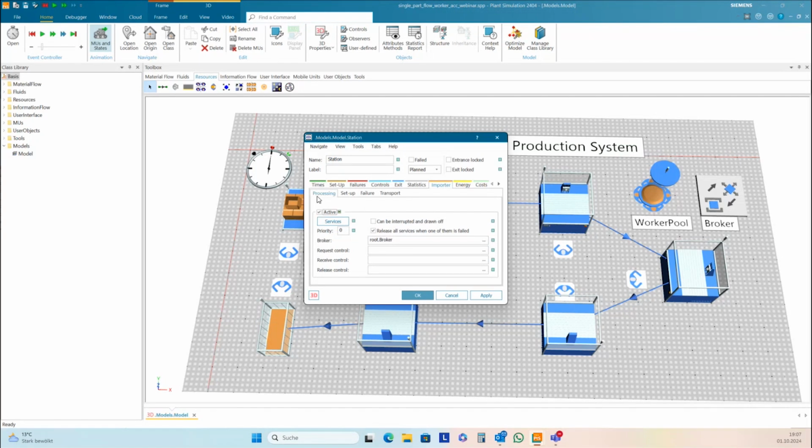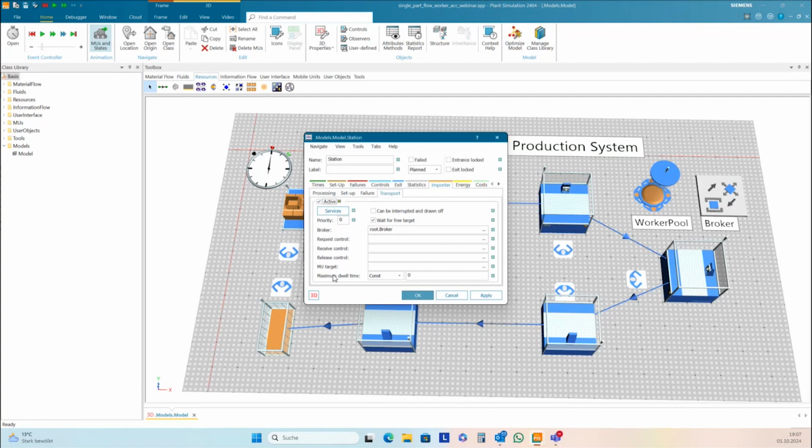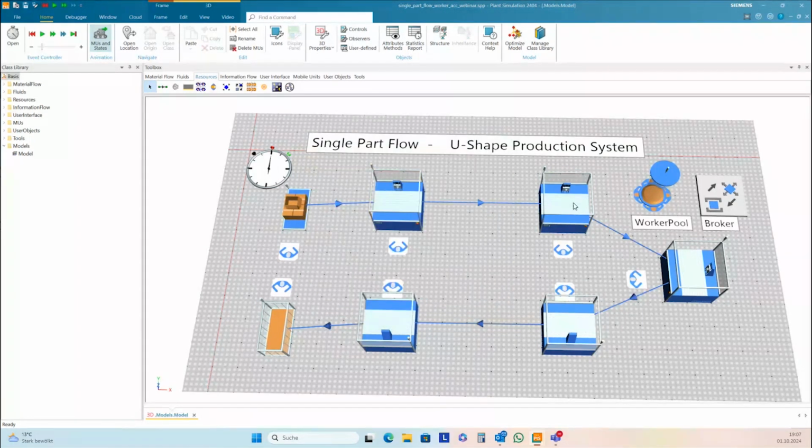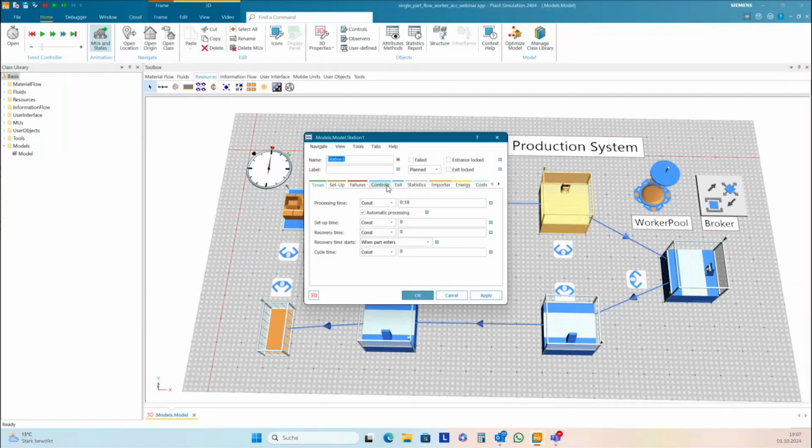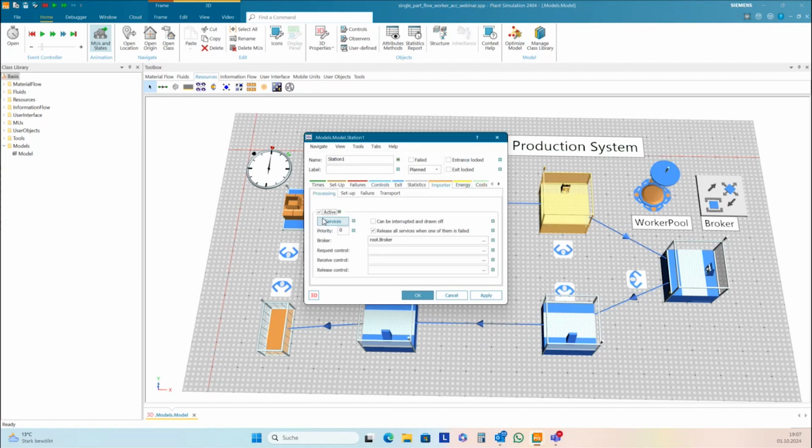We need to activate the processing and the transport importer in each station. And I check this now. Importer, processor active, transport active.